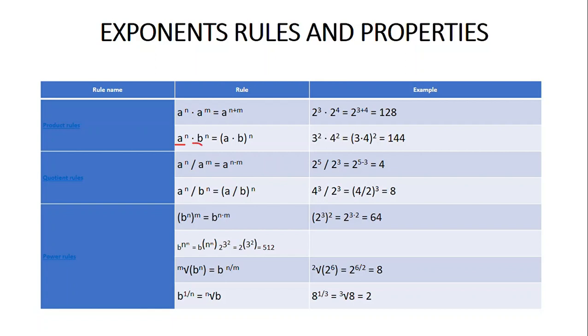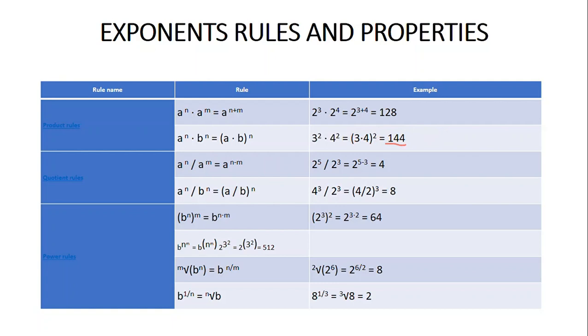What is equal are the exponents. Then we have to multiply the bases and then apply the exponent. Example, 3 squared times 4 squared. 3 times 4, of course, is 12, and 12 squared is 12 times 12, and it is